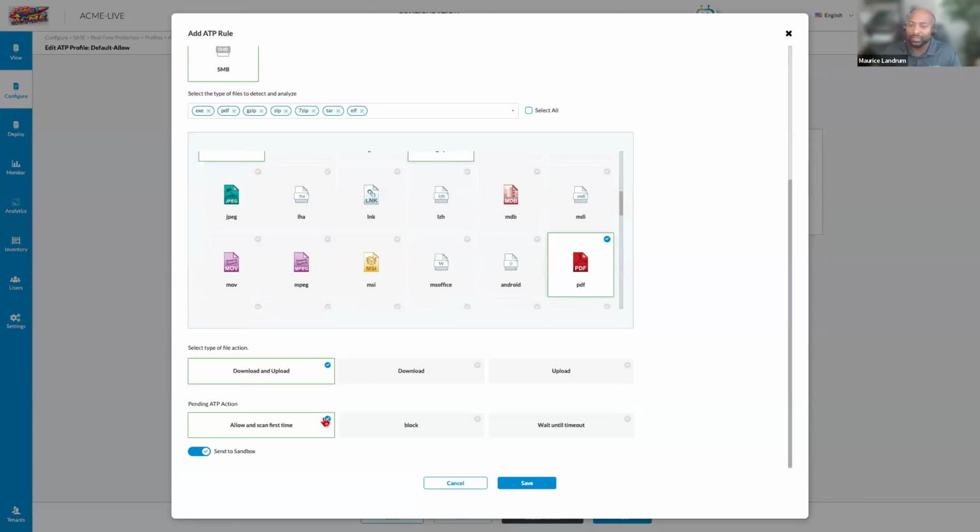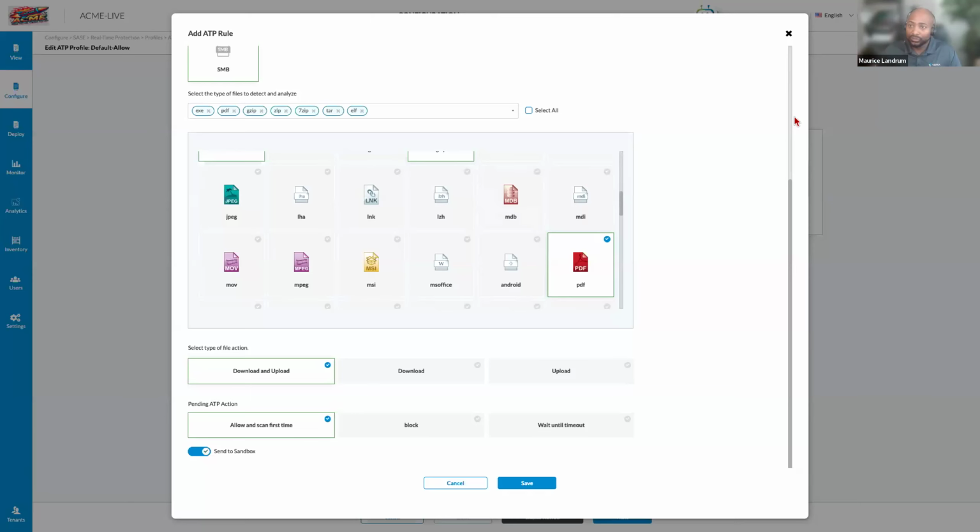Now, there's a lot of different scenarios why you might want to have this. One of them being that, hey, you might trust that application. That application might be your application, and you know what items are on that particular application or what files are there. From there, you might want to allow it the first time just for user experience or just for testing purposes. And then each subsequent time, you will block that file if it's determined to be malicious.